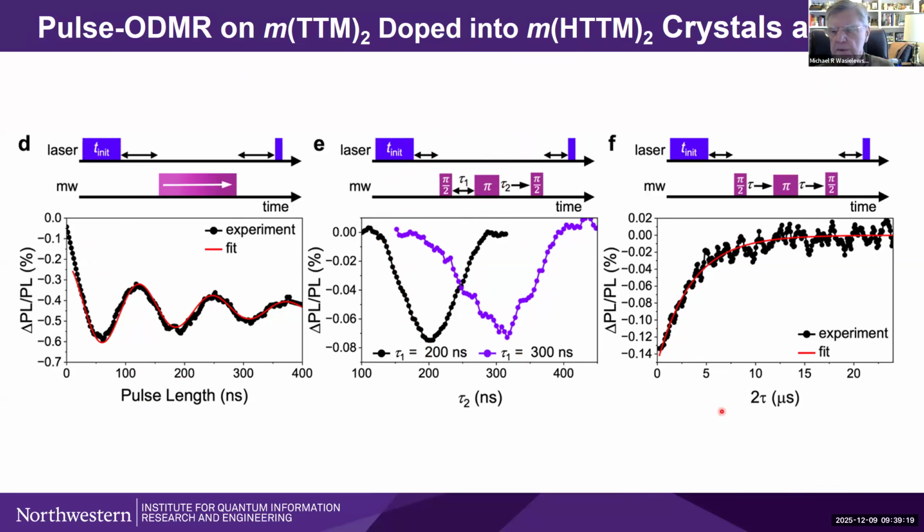But here's the important other add-on that I mentioned before. Since we're now doing this measurement at Q-band instead of S-band, we've gotten rid of essentially all of the ESEEM effect, and we get a nice clean TM value here. You can see the TM value is on the order of 3 microseconds, which is essentially what we measured using standard EPR as well. So once again, we have good performance here in the crystal.